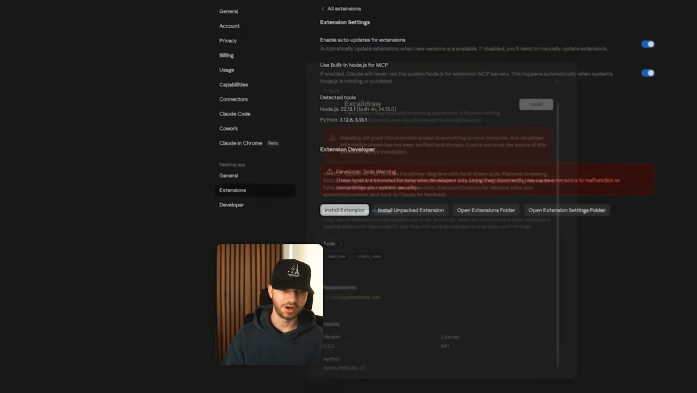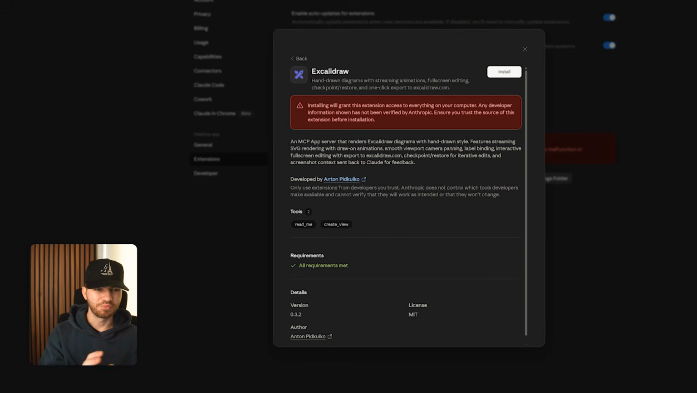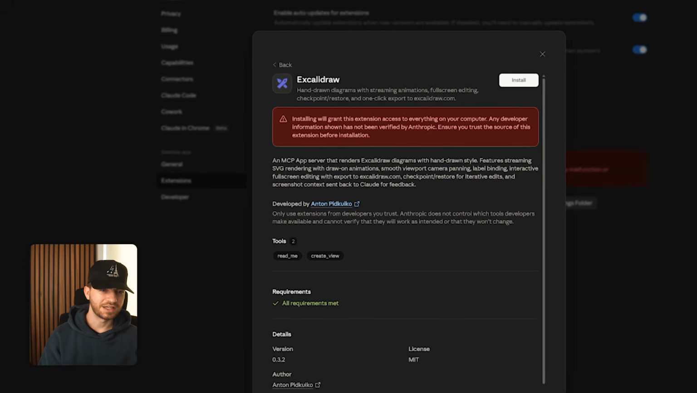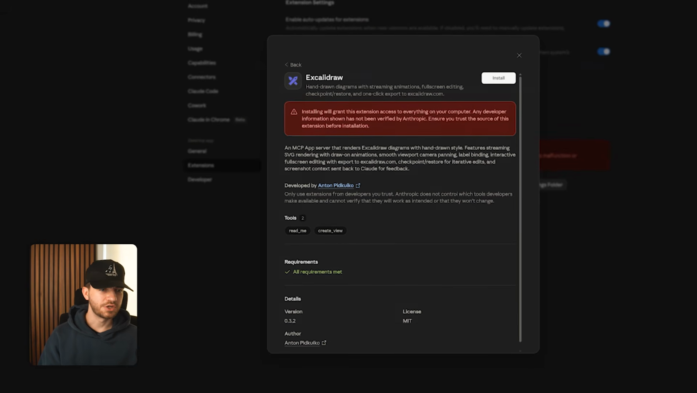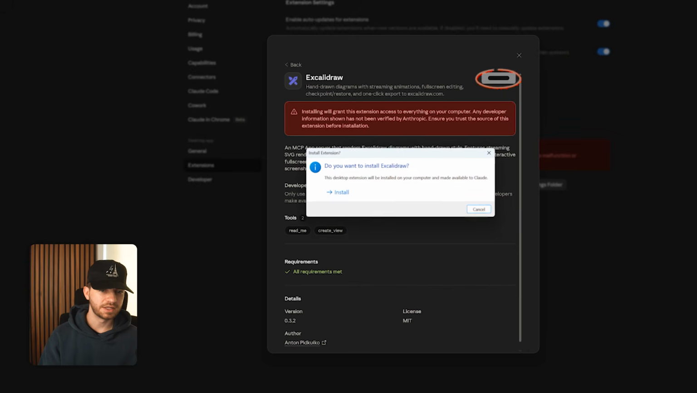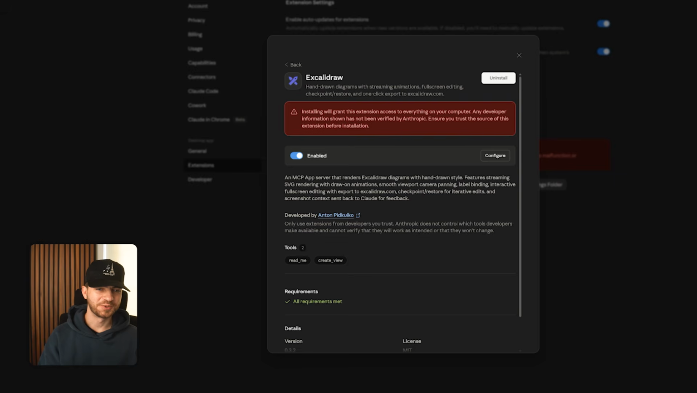I'm going to click on Preview, which will show us a brief summary of the information that was included within that MCPB file. It's going to show us the description, who it was created by, the tools that are available, and the requirements for your machine. It's also going to give you this warning, so make sure you trust any extensions that you're going to be installing. If everything looks good, you can click on the install button, and now your Claude Code will have access